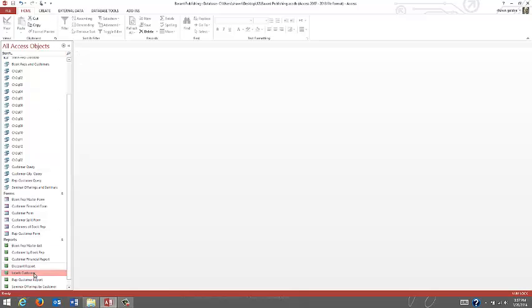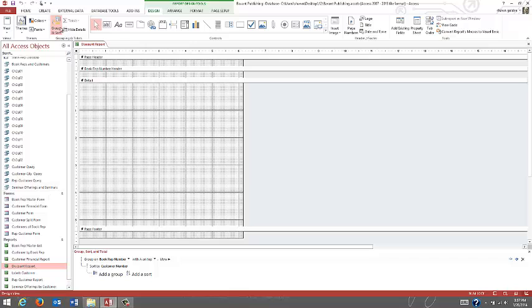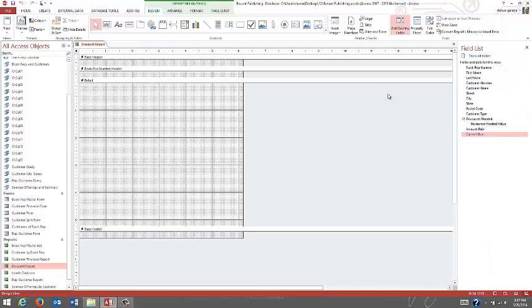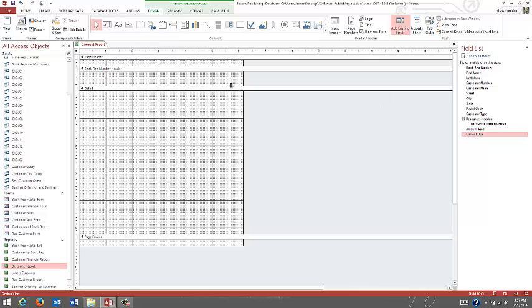I'm going to open the discount report back up in design view. I'm going to turn off my group and sort for now because I don't need it, but I'm going to come back and use that in a minute. I'm going to open up my add existing fields because what I need to do is set up the report, and I need a little bit of room. So in the book rep number header up here, I'm going to put the book rep number, drag it over,